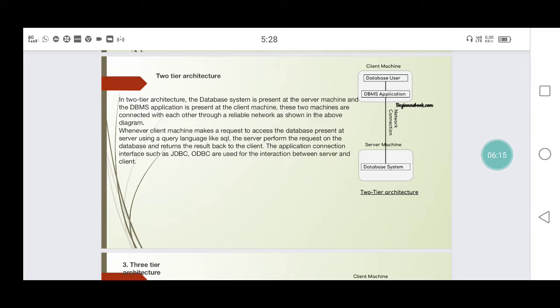SQL is one of the languages used to maintain the databases. The application connection interface works through JDBC or ODBC, so the interaction between the server and client runs through the JDBC and ODBC software.